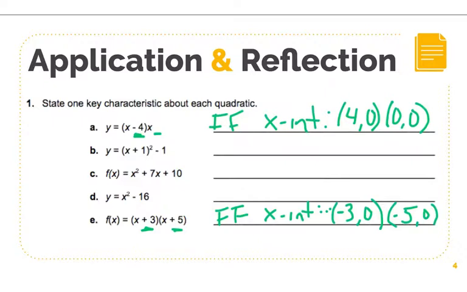So if they give you something in standard form and an answer choice is in factored form, put them both in your calculator, and if they're equivalent, it should give you exactly the same parabola. It should look just like one parabola right on top of each other. All right, I digress. So let's talk about